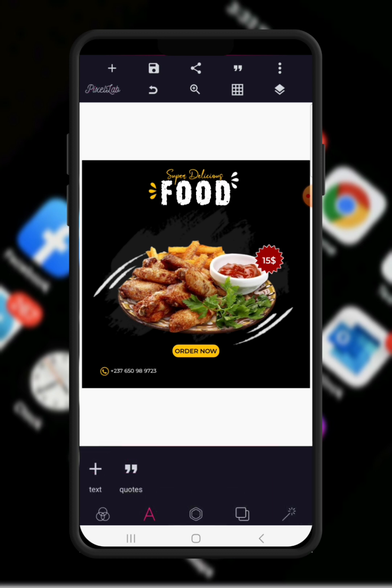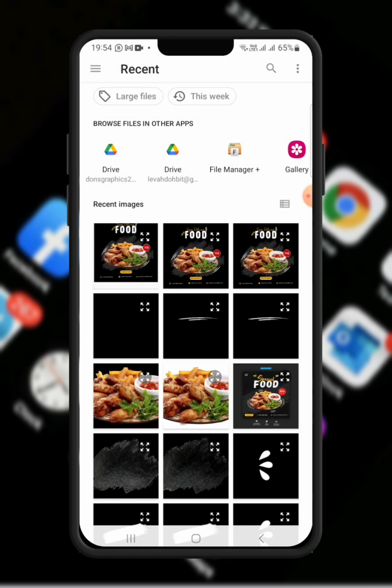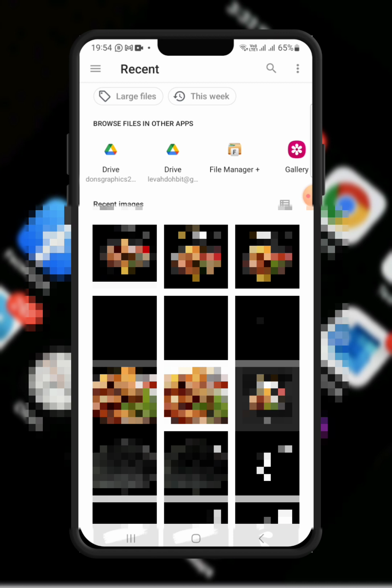Okay, good. Now we are not done yet. We still have other call to action buttons. All right, so the next thing is